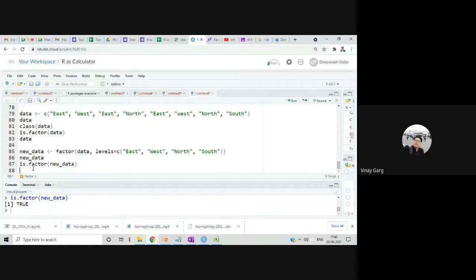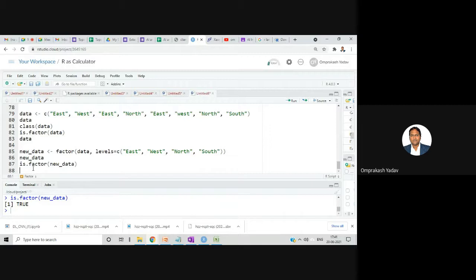Just one question, sir. This particular factor function, is it working like remove duplicates in Excel? I mean, you can say that, but it's not exactly that. The motto is different, right?